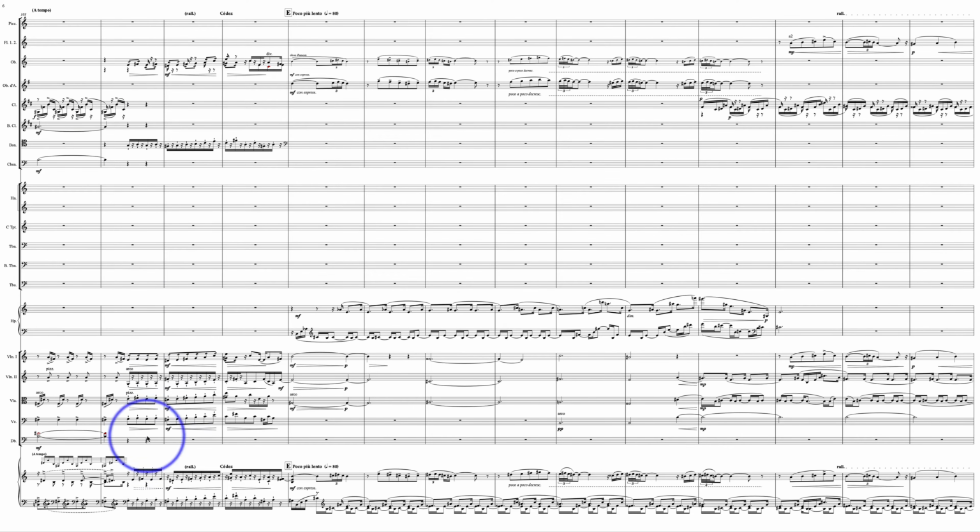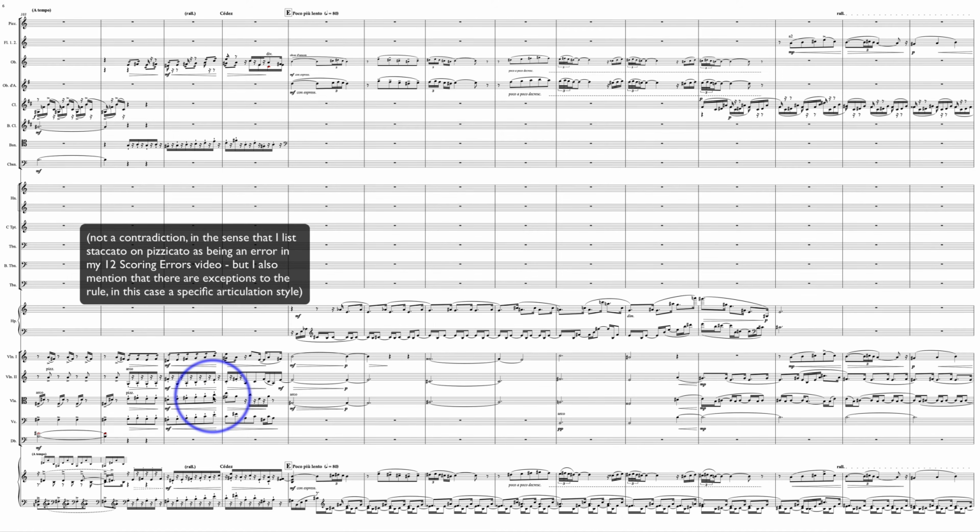Now here's a lot of the same approach that I used before, this time with a real abrupt pizzicato. So here I've got staccatissimo added to pizzicato, and I feel that in this case, adding that to the pizzicato is not a contradiction, because I just want that to be really dry and really pointy.